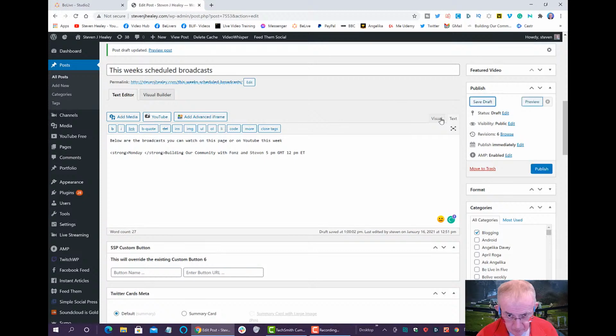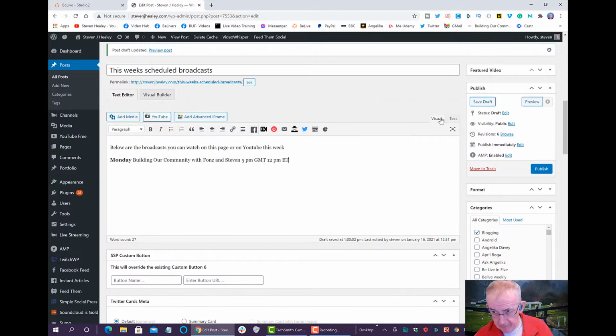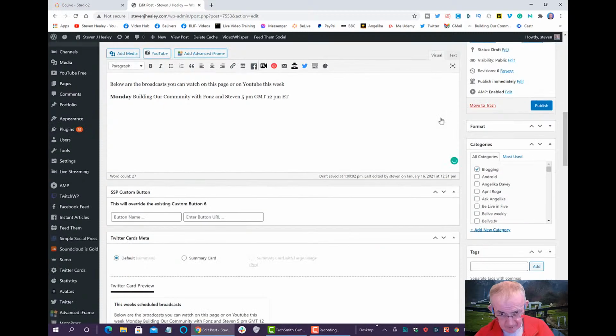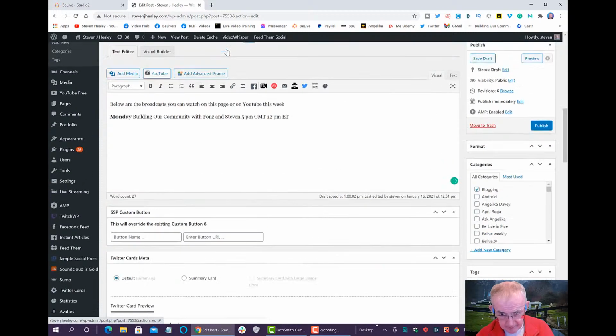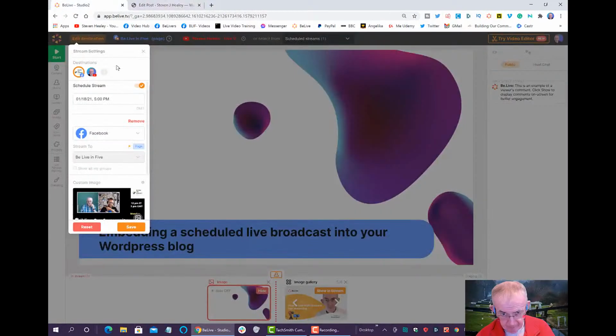Always test things first, and I tested that that was working, and there we have it without the image. So how do I get that image? That's the question. So back to the studio, and what I'm going to do is I'm going to save that